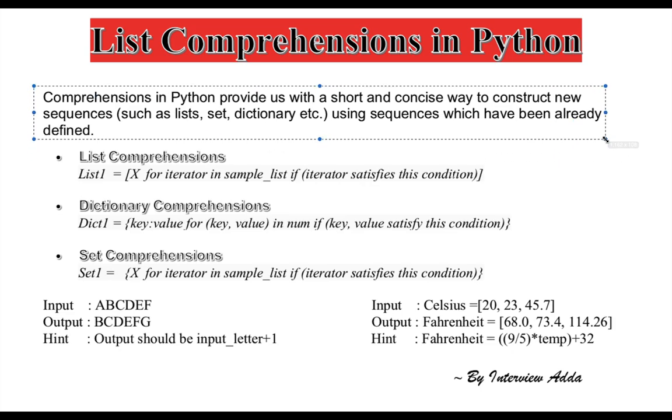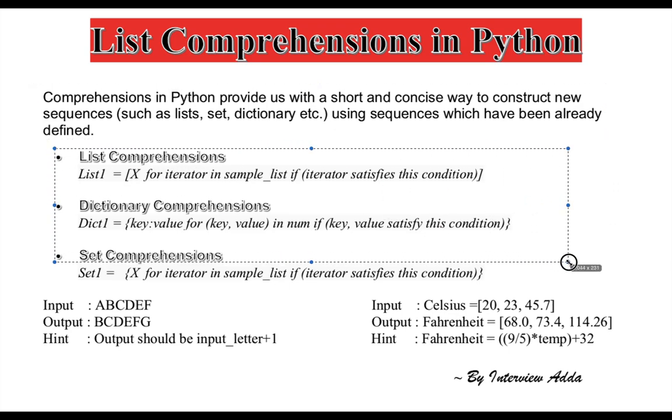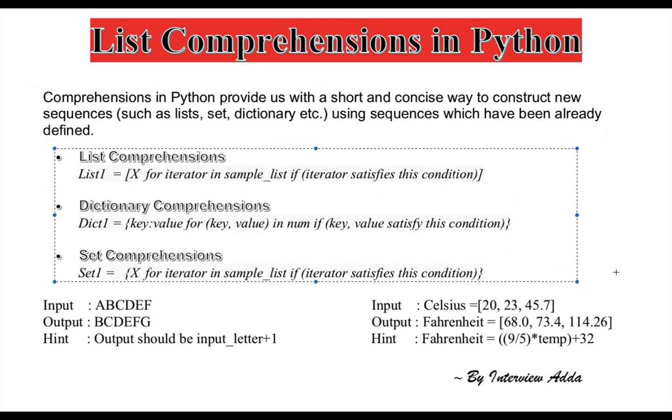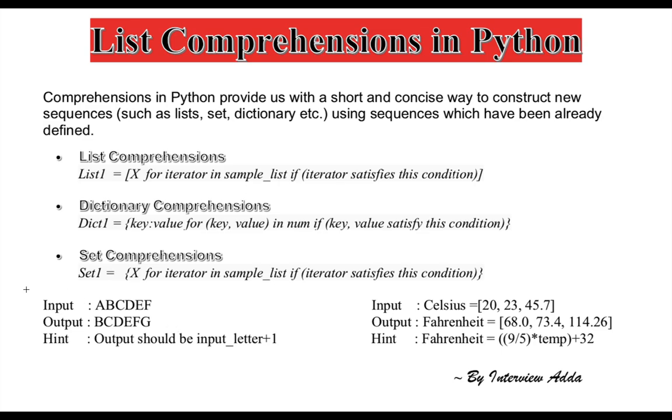In this lecture, we're going to discuss these three basic comprehensions, wherein we will cover list, dictionary and set comprehensions as well, right? Then we're going to discuss how exactly we can write Python code for these two scenarios. In the first scenario, the user should provide an input string and we should print the very next letter of the letters present in the input string as an output, right? So here, as you can see, next to A is B, next to B is C, next to C is D. Similarly we have to print it, right? Then we will see how we can write Python code to convert degree Celsius to Fahrenheit temperature, right? So let's not waste our precious time and let's just get started.